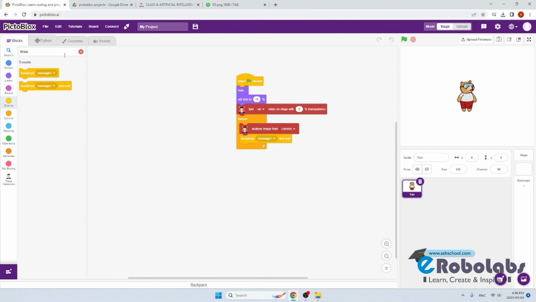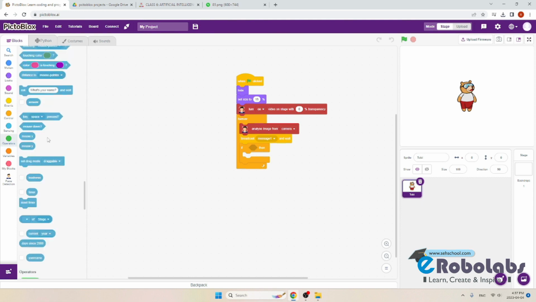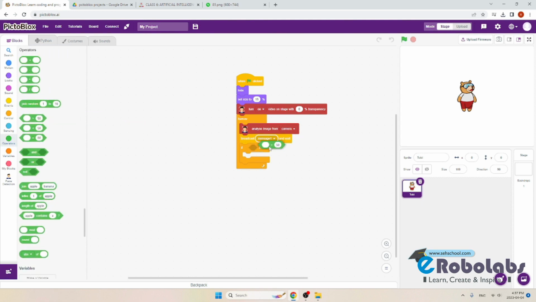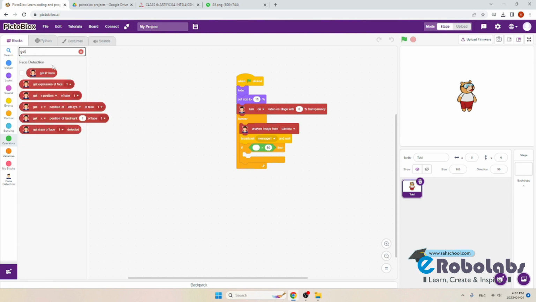Now we will add the if then block. Now we will get a greater than block from operation section, and we will also get a get number of faces block. This block is the number of faces which have been recognized by the AI till this point. Now we will set this number to 0,